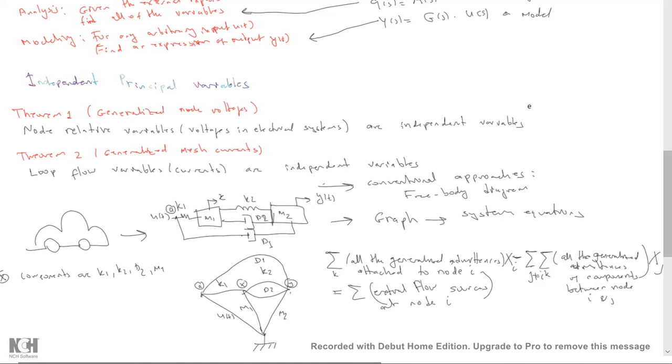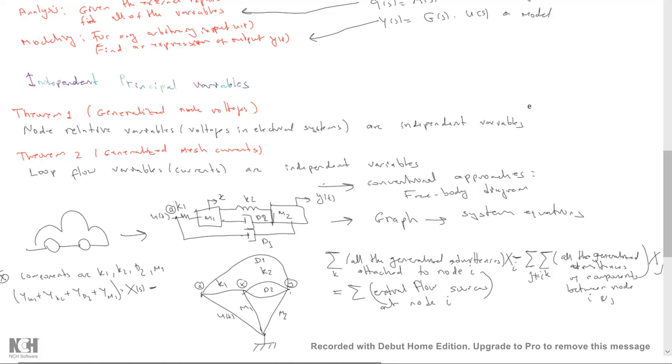What the theorem is saying is that we take the sum of all the generalized admittances, let's call them uppercase Yk1 plus Yk2 plus Yd2 plus Ym1, times our independent variable x of s, minus, between node x and any other node,